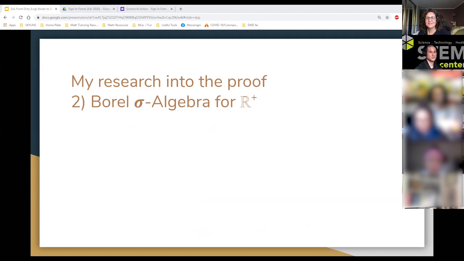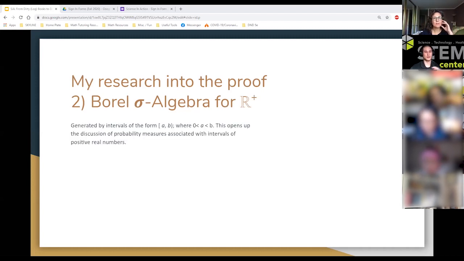All right. So we talked about a sigma algebra as a notion of defining a sample set that allows us to calculate certain probabilities. Okay. Now, we needed to take that concept and amend it so that we're allowed to quote unquote sample the real numbers. And this is done by a topic called the Borel sigma algebra for the positive reals, R+. Okay. Now, what this is saying is that the Borel sigma algebra is generated by intervals of the form interval A to B, where